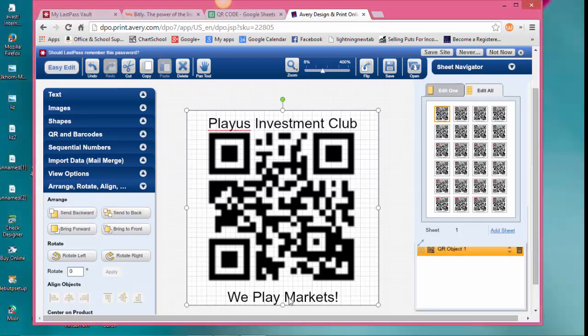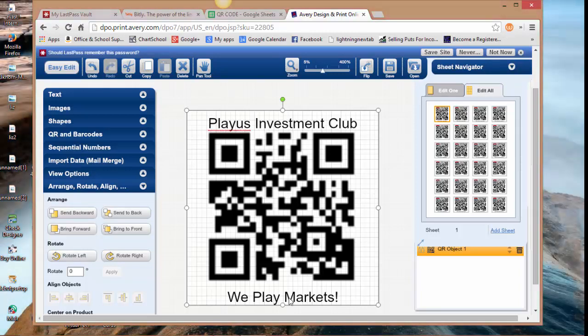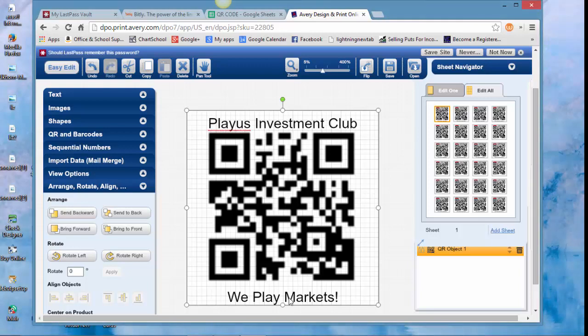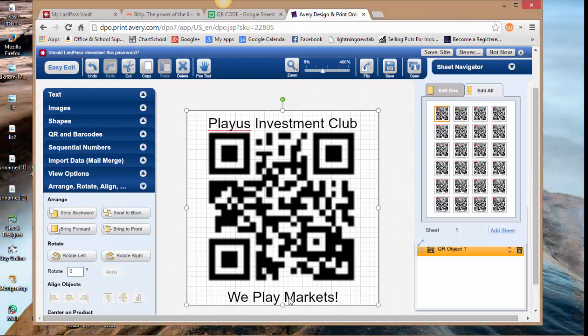Alright, so before you go on, you should test it out. So I'm going to test it out here. Give me 1 second. You should have a QR code reader on your phone or some other device. That buzzing was the QR code reading it. I'm just checking to see if it pulls up the right stuff here. Okay, so it did. So it's pulling up the right stuff. Alright, so now that we have that all completed,